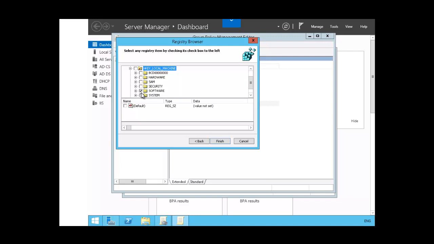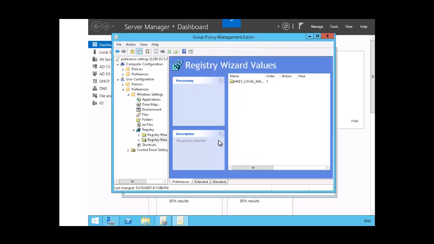Then after you select that registry entry, you want to click finish to make that a preference. And then the values are added to the registry wizard values folder as seen here. And any additional items that you want, you can add them the same way by just selecting the option that you want